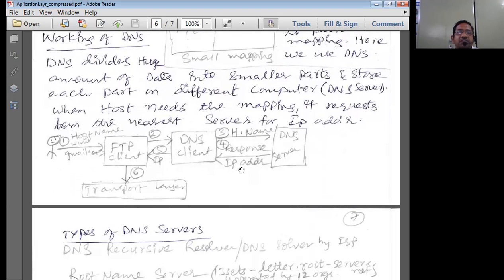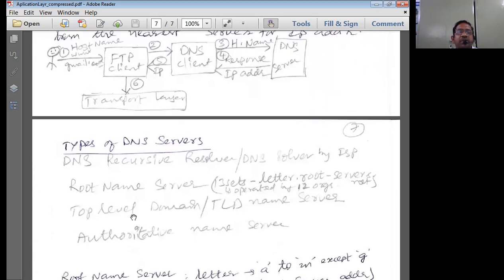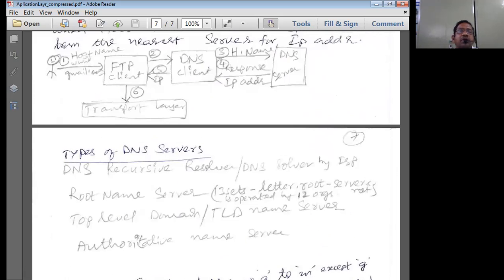The DNS server gives a response with its IP address to the FTP client, and via this FTP client, this particular user is connected to the transport layer after the application layer. That means the application layer, presentation layer and session layer come as a single unit that is given to the transport layer.